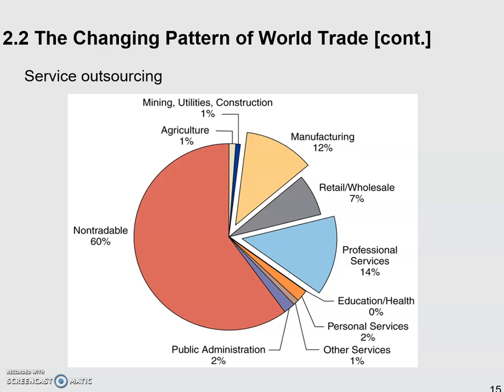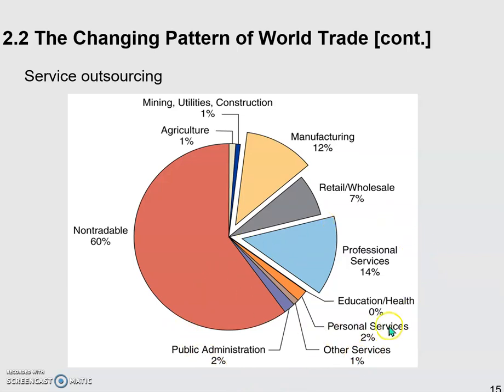Let's say if you pick up the phone and try to contact your credit card company, it's very likely you're going to speak with someone in India, right? Because they have a huge calling sector, or centers, in India, taking care of all of these businesses. So